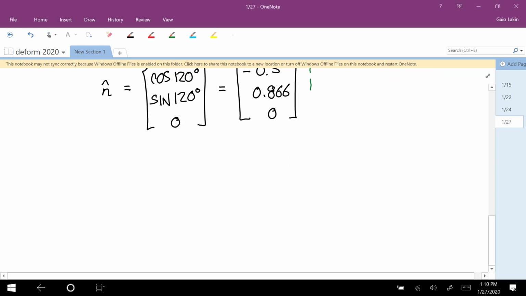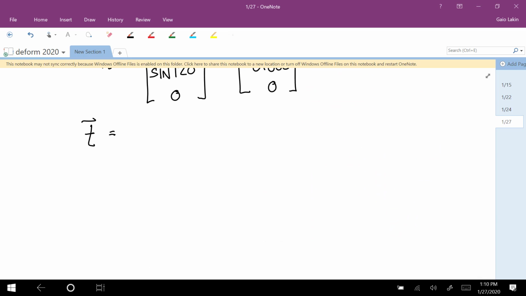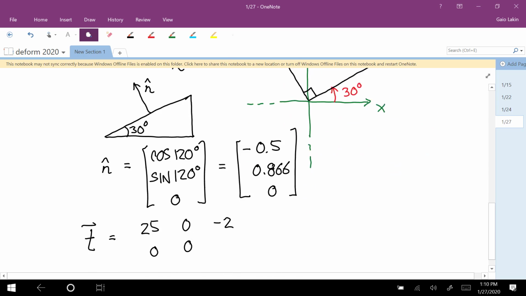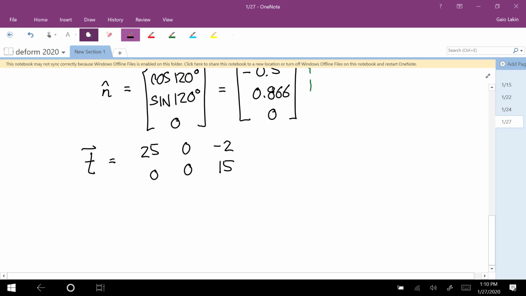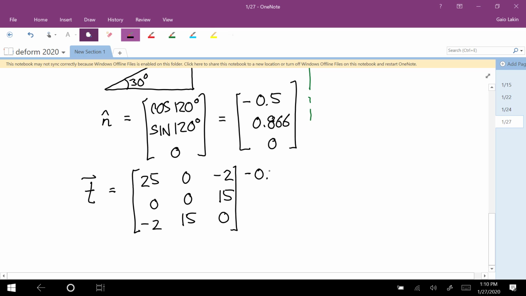And now we just have to multiply that by the stress tensor. So our stress tensor was 25, 0, negative 2; 0, 0, positive 15; and then negative 2, 15, 0. And we're multiplying that by negative 0.5, positive 0.866, 0. So you get negative 12.5, 0,